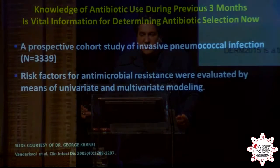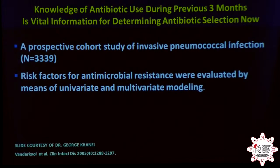So, knowledge of antibiotic use, and I'm going to be wrapping up with just a couple of different points. We don't have a lot of information in dermatology about, if we're treating a patient for acne, let's say, and we're putting them on a topical combination with doxycycline or minocycline, for example, or tetracycline, whatever, doesn't matter. You're putting them on an oral antibiotic and maybe even a topical antibiotic, hopefully not unopposed, at least by benzoyl peroxide, which can help to some degree. What is that going to do to that patient if they get sick later on down the line when they're exposed to the antibiotic? We don't have this data in dermatology, but I think we can at least infer partially